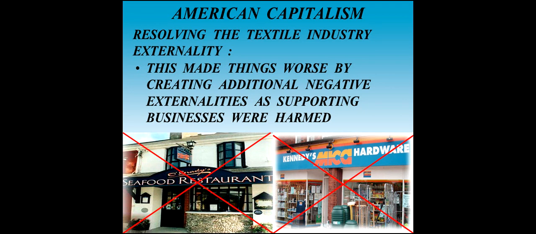And when people lose their jobs, they don't get paid. And if they don't get paid, they don't go out to eat at restaurants and they don't spend money in hardware stores. Now, the hardware store and the restaurant had nothing to do with the production of textiles and had nothing to do with brown lung disease. But the government's involvement in helping the workers and the unions sue to eliminate the disease completely, that intervention had a negative effect on these other businesses.